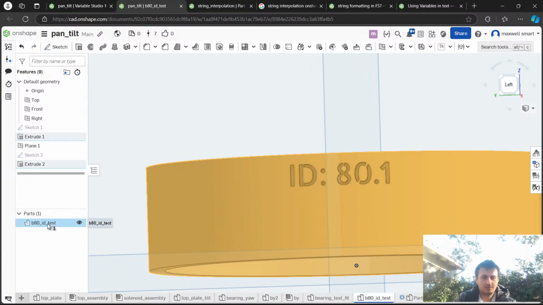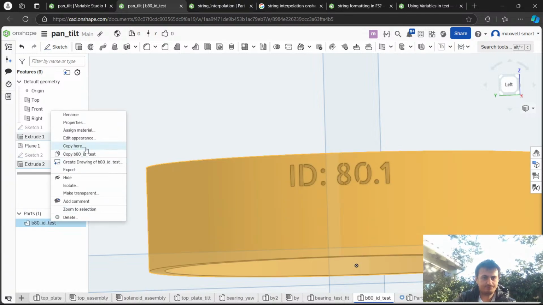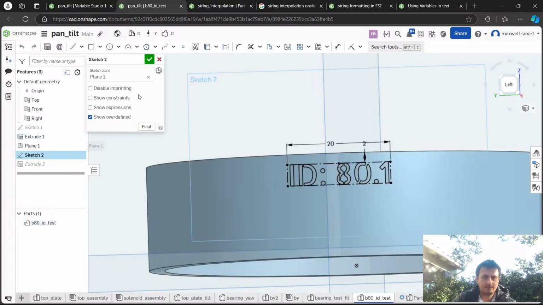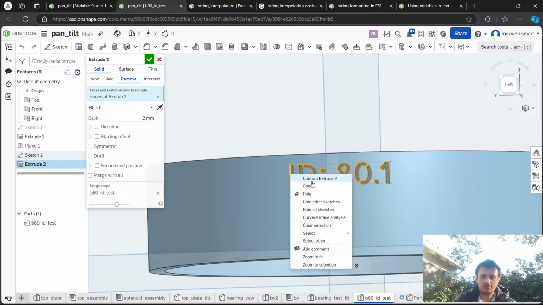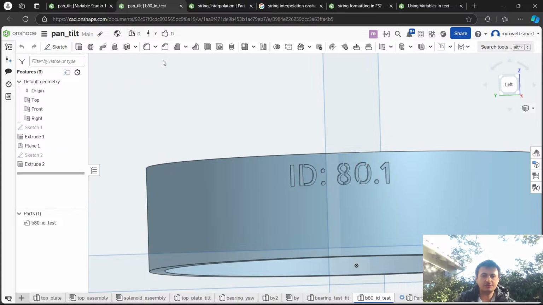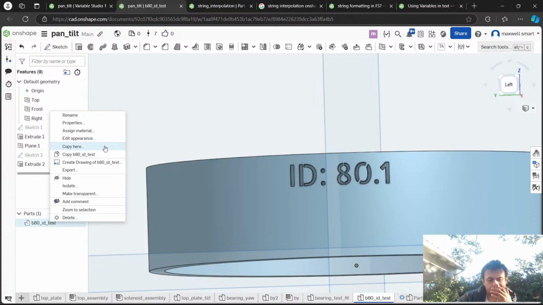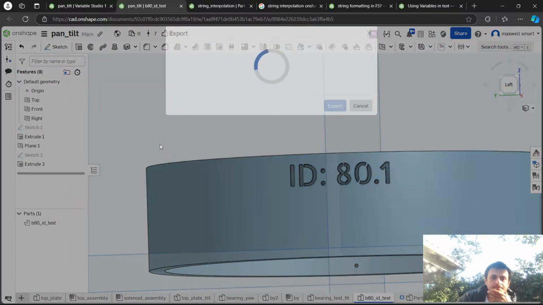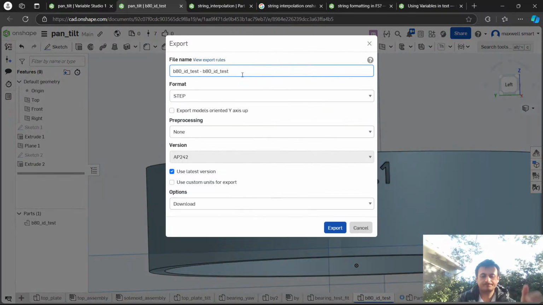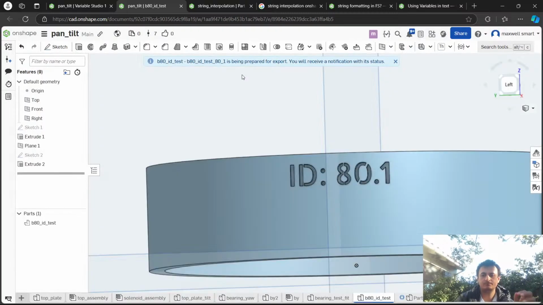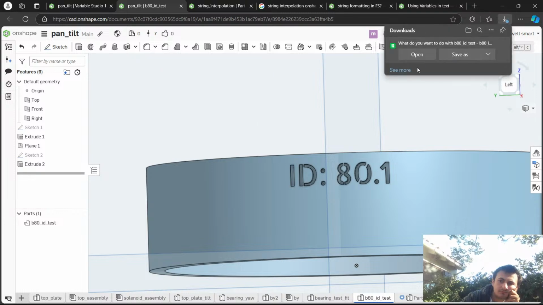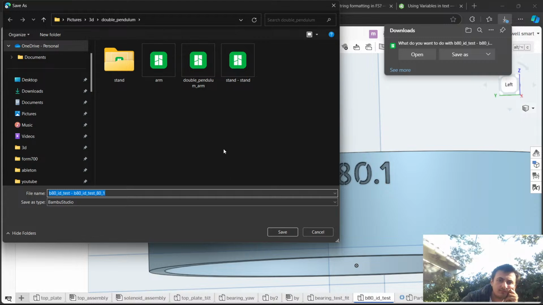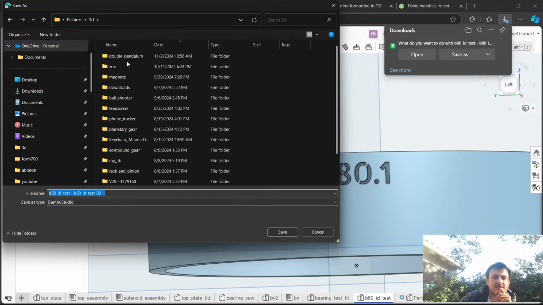So maybe I should explain better how to do it. Okay, I'll do that. I'll explain better how it actually is done. Now the next thing is definitely to